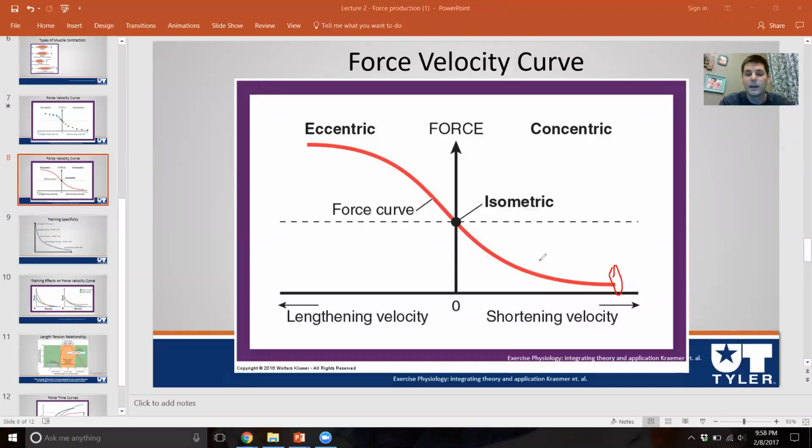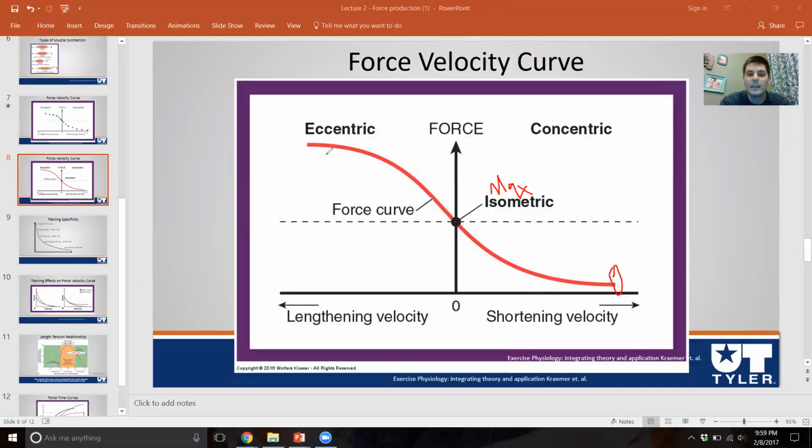that force, right? As we start to move along this curve and we have to increase the amount of weight or force that we're going to have to produce, the slower we move that, up until the point where we essentially can't move the weight, but we're still able to hold it, which is our isometric, or I've even termed it the maximal isometric contraction. And then when our velocity goes in the negative direction, that's of course because it's going in the opposite direction of our force. It's known as a lengthening contraction because it's more force than we're generating, and our muscles are